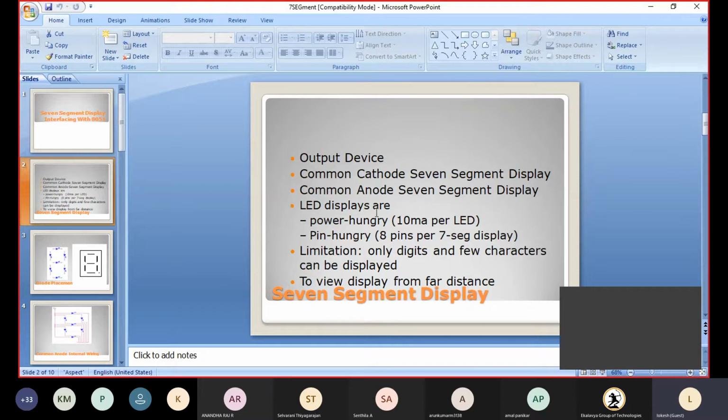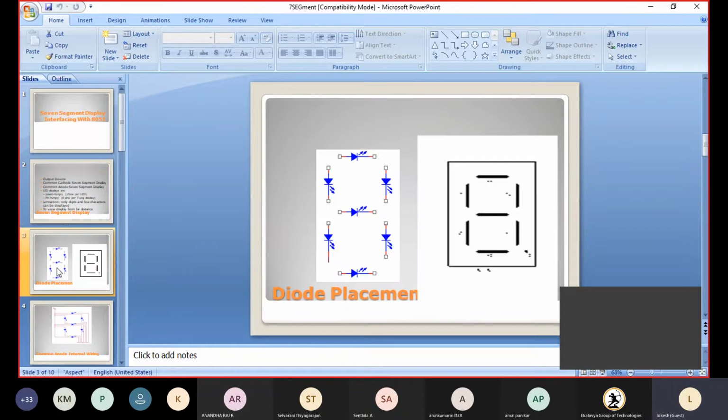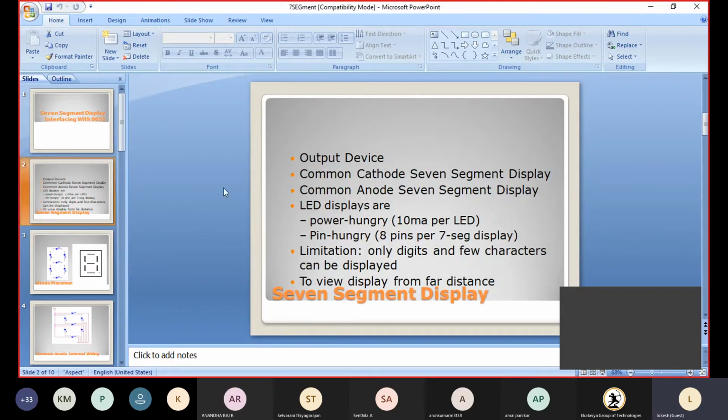In the 7-segment display, we are using 7 LEDs. I will show you something like this. In those 7 LEDs, each has an anode and a cathode. We make one point common, and whichever point we make common is called a common anode or common cathode.